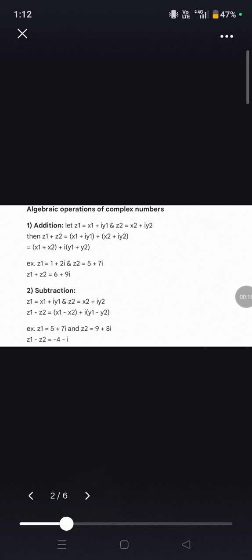Today we are going to learn about a very fundamental topic in mathematics, complex numbers, and we also look at the basic algebraic operations you can perform on them. First, let's understand what a complex number is. By definition, a complex number is an expression written in the form x plus iy. Here x and y are both real numbers, but this letter i is what makes it special. It represents the imaginary unit, and its value is defined by the property i is equal to root minus 1.